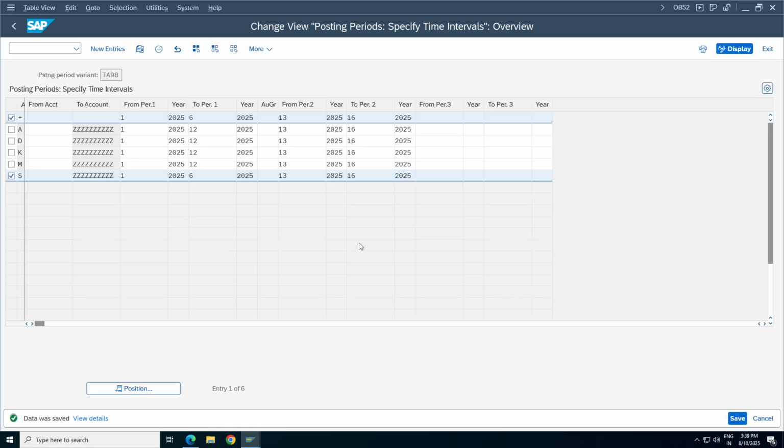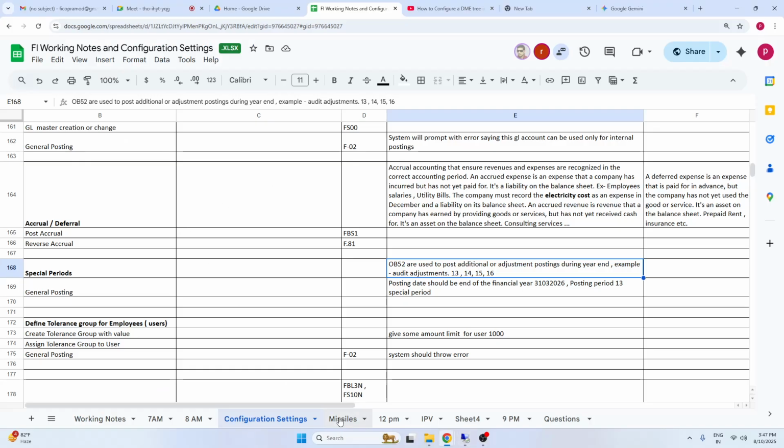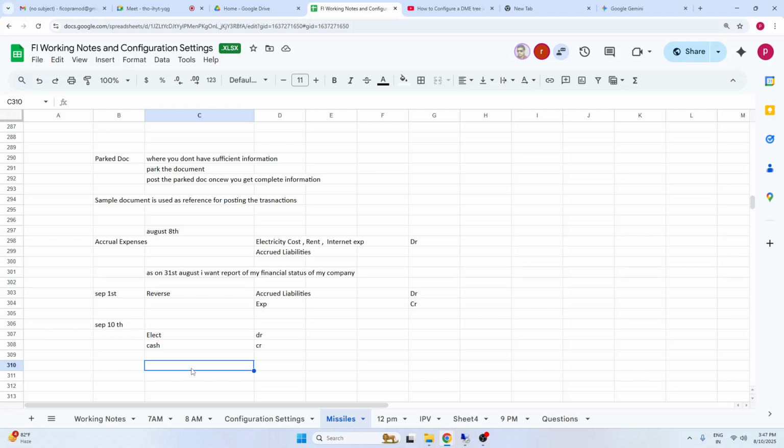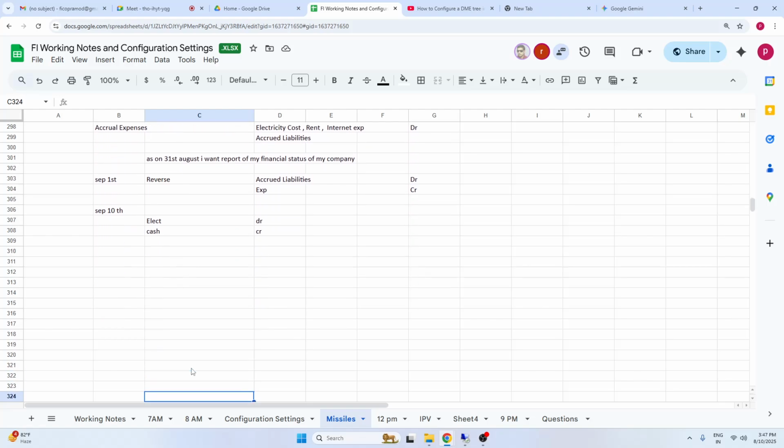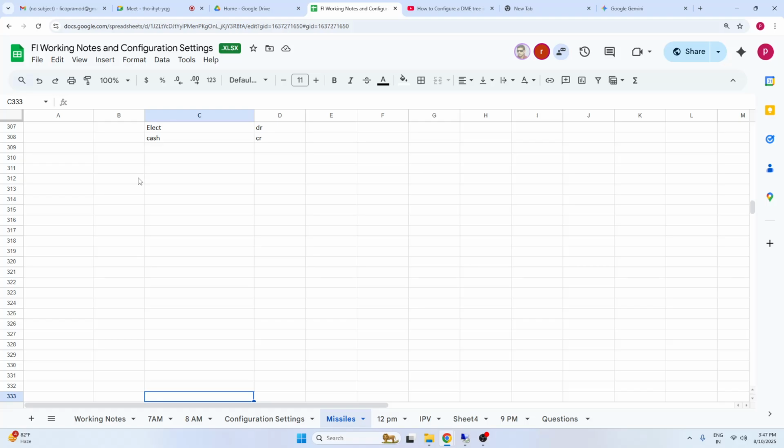Click on save. April, no, don't think from that onwards. Just consider these as quarter adjustments. Your financial year starts in April, right? So April,